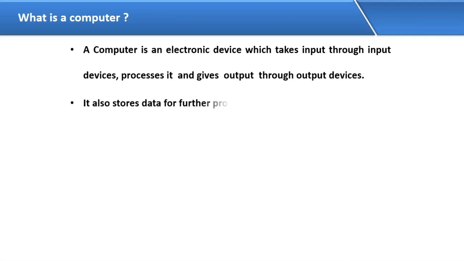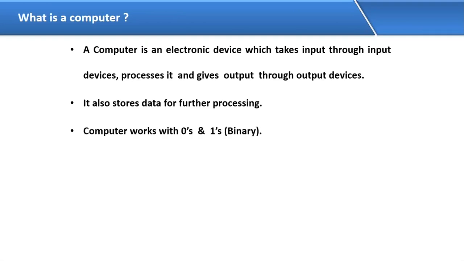So the experts are saying a computer also stores the data for future processing. We can store the data and in future, whenever we want, we can access it. Now I'm storing my documents in my computer, and after 1 year I want to access them. Can we access them or not? Yes, we can collect them. Like you opened an account in the bank 10 years ago. Now today ask the bank people, I want my first transaction information. They will give it or not?